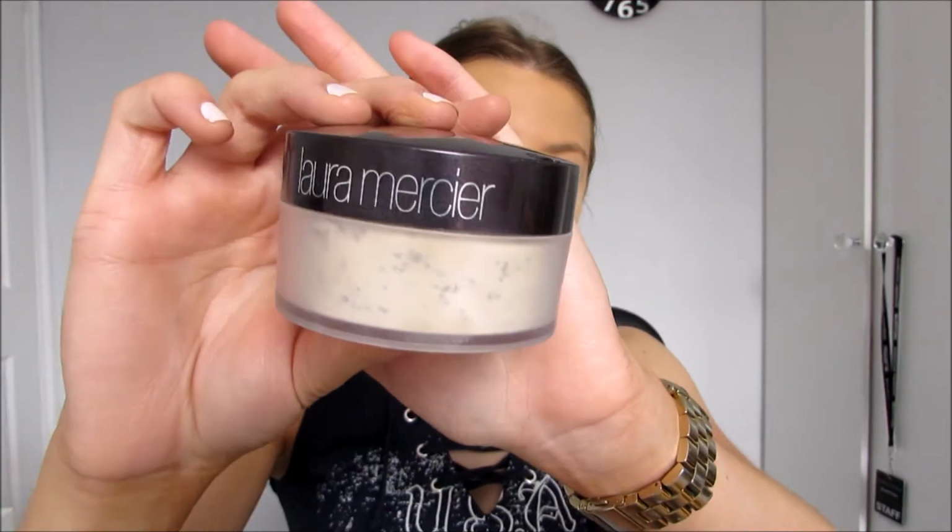So now that's done, I then take my Laura Mercier translucent powder. Now, I am running really low on this and I just don't want to buy it again. It's just so expensive, but it is so good if you're oily. It is so good. So I just tap out the creases under my eyes, take a little bit of that